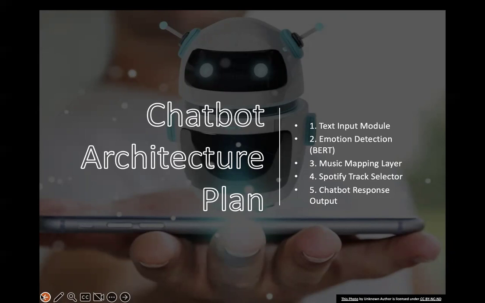As I said, we take an input statement and give it to the BERT model. This chatbot connects the BERT model to the user. It takes the input from the user and gives it to the BERT model. The input goes into the BERT model and uses the music mapping layer, which we have discussed. It selects the songs, and the final output comes back into the chatbot, which presents it to the user. If the user wants to hear it, he can, or he can continue the conversation, chat more, and get new recommendations.